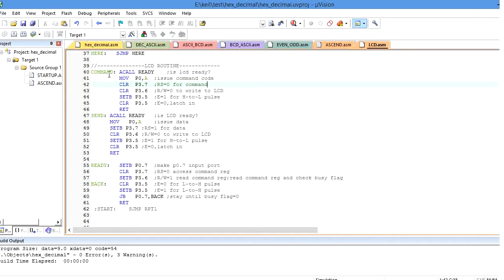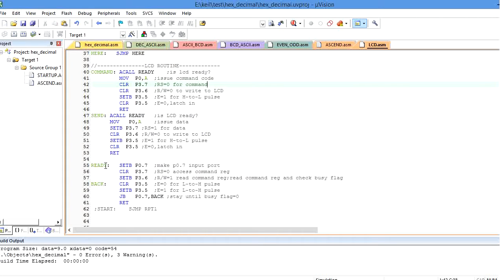Whenever the command function is called from the main function, it will come to this point. After that it will call ready. In order to transmit a command from the microcontroller to the LCD device, first I have to make the LCD device ready. So whenever I execute the call ready instruction, it will switch to the ready function here.